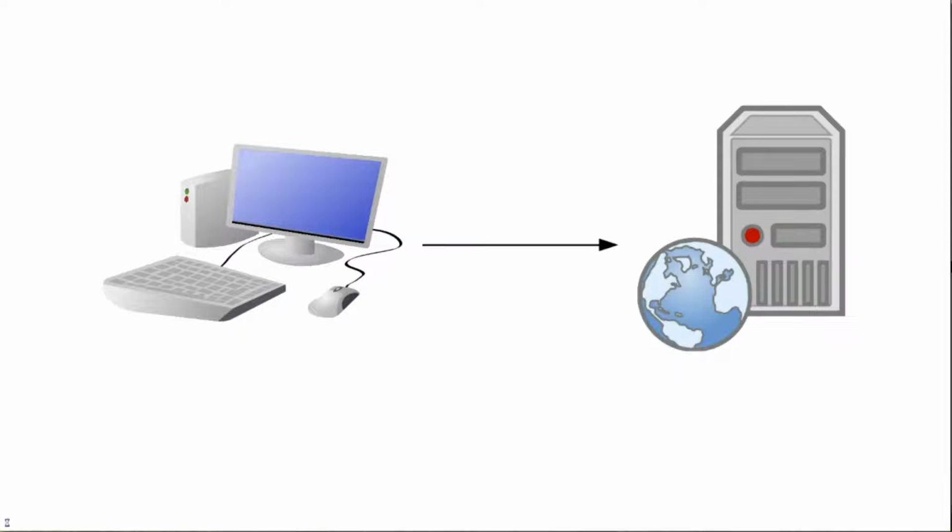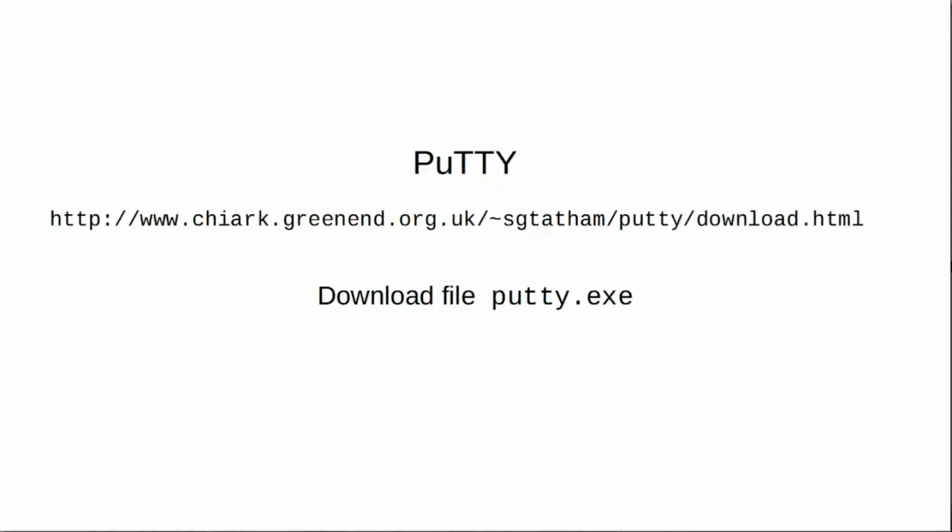To use Linux, you can either run it on your own system, or you can connect to a server. You'll do most of the assignments on the server, so you'll need a way to connect to it. That method is an SSH (Secure Shell) client. The SSH client that I'm using is called PuTTY, which you can find at this URL. Download the putty.exe file. No further installation is needed. It's ready to go.